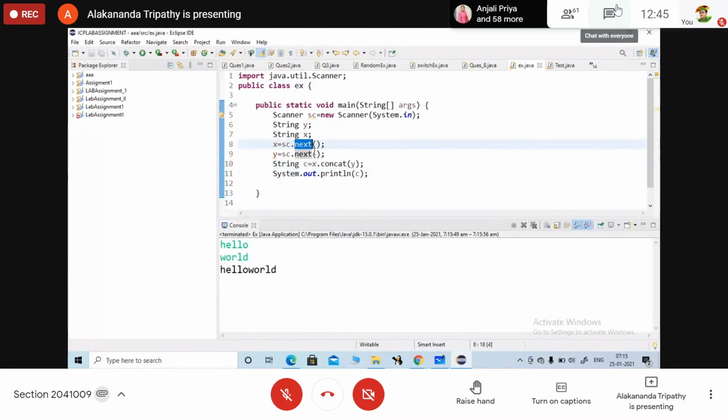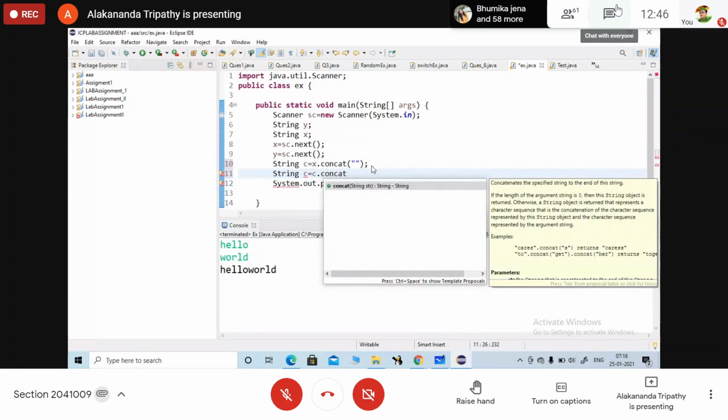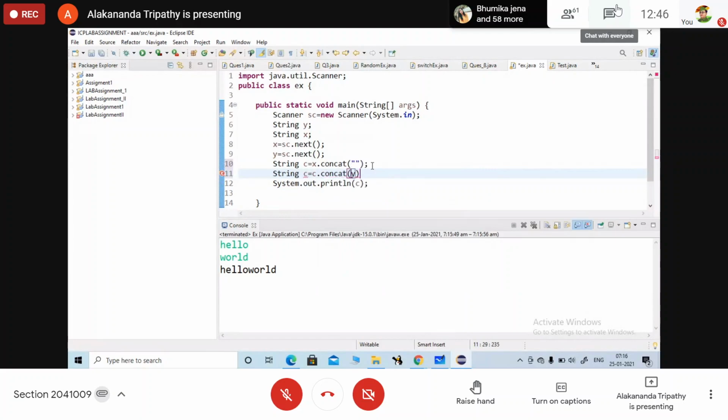Next. It will not accept space. You can do one thing. X dot concat. Here you can write an empty string first. Then string c equals plus y. C dot concat within bracket x.